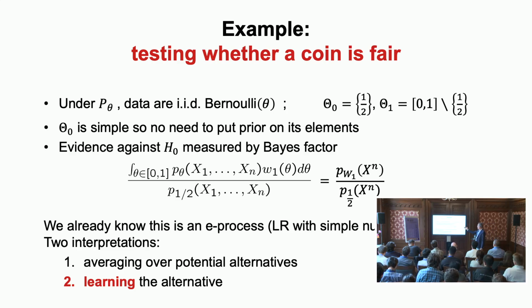So one interpretation of this is that we have all the different alternatives and we average over them. So basically many e-processes are running at the same time. It's like somebody who's gambling at the casino with probability of red 3/4, somebody with 4/5, somebody with 5/6, and we average over all of them. That's kind of what's written here. It's an average over many e-variables.